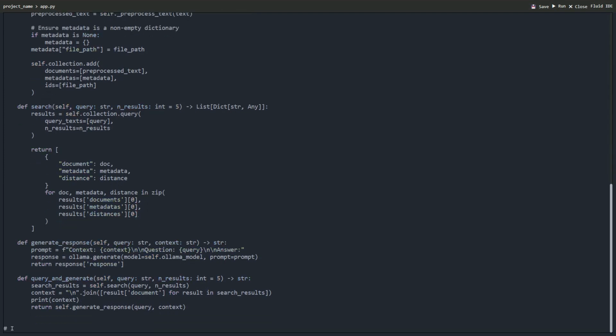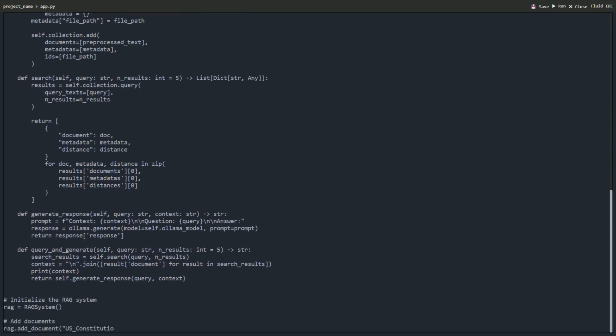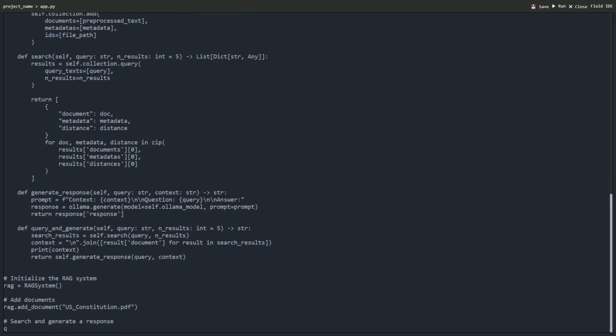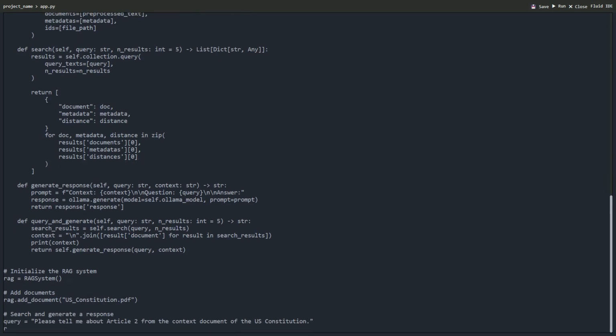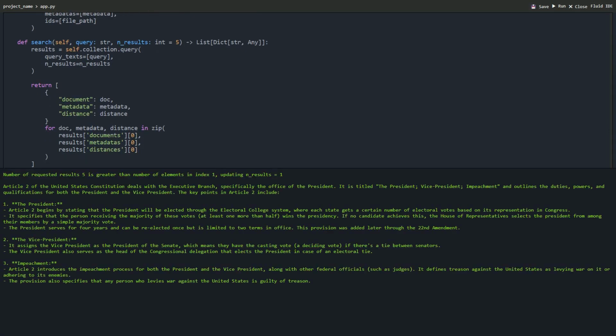Here is the script for the scene. This sets up our system, ready for use. We add a document to our system using the add_document method. In this case, we're adding the U.S. Constitution PDF file. With our document added, we create a query string asking for information about Article 2 of the U.S. Constitution. We then pass this query to the